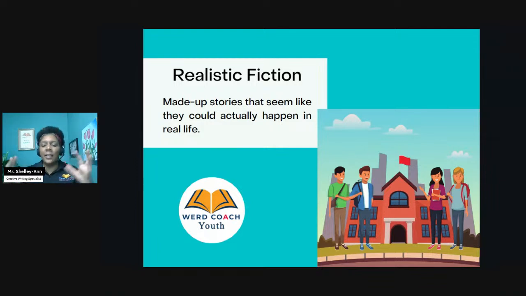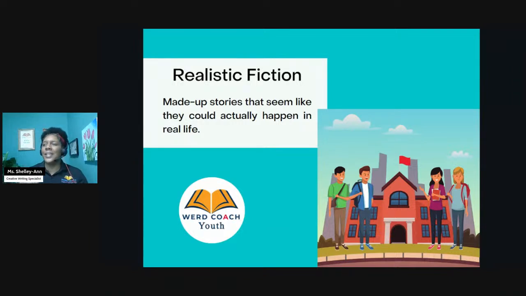Let me come back to the topic that we're supposed to be working on today, which is the different types of stories. Like I explained, the title is Types of Stories, but this is really subgenre categories of stories. And this is what students can use to help them come up with ideas. So, for example,